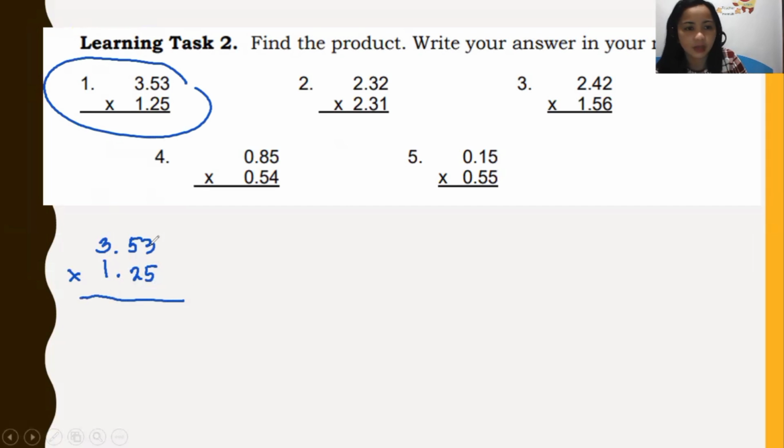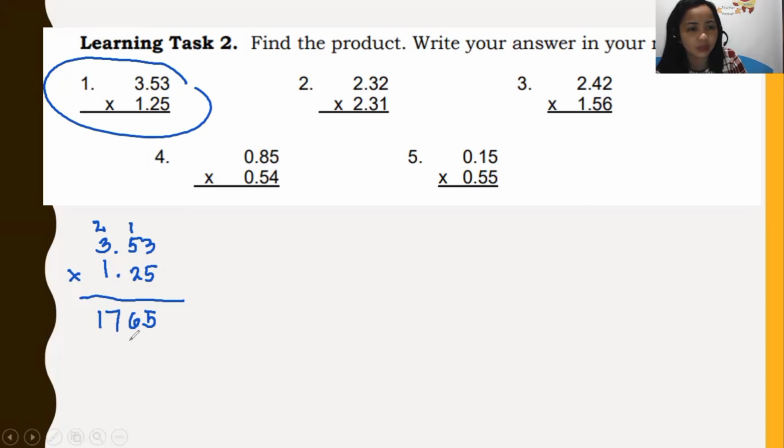So we have 5 times 3 is 15. Carry 1. We have 5 times 5 is 25. Plus 1 is 26. Carry 2. We have 5 times 3 is 15. Plus 2 is 17. And then let's proceed to